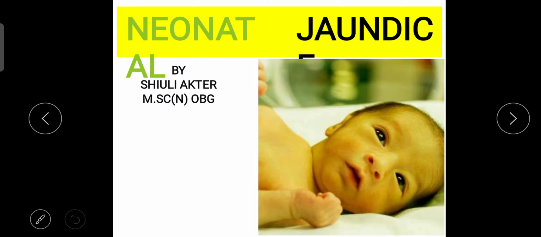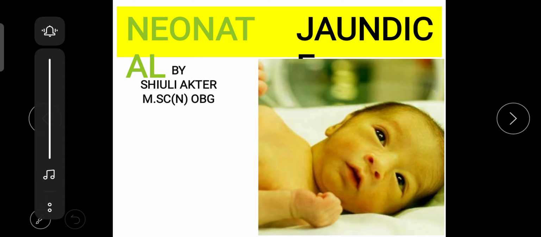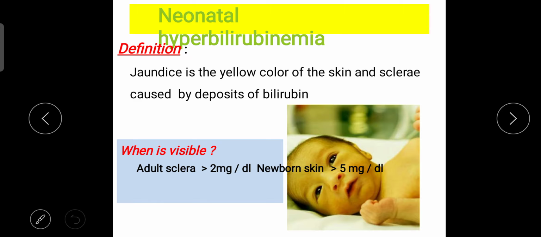Hello everyone. Today we are going to discuss neonatal jaundice, which is also called hyperbilirubinemia. So we'll start with the introduction first. What is the definition of neonatal jaundice? It is the yellow color of the skin and the sclera caused by deposit of bilirubin. When there is more bilirubin in the body of the baby, it can become a yellowish color of the skin